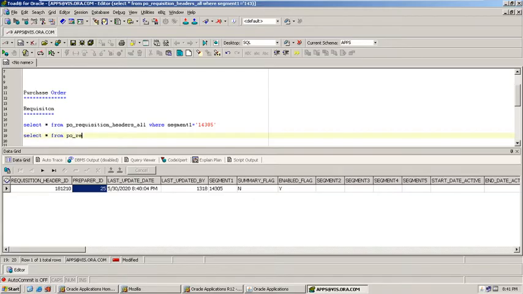PO_REQUISITION_LINES_ALL. In this table, line details will be stored. Requisition header ID is the join.